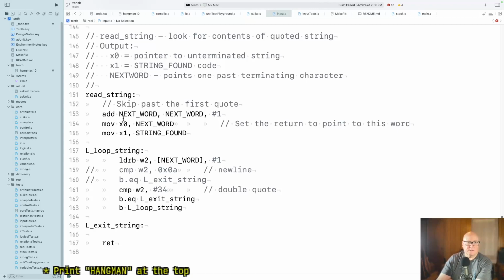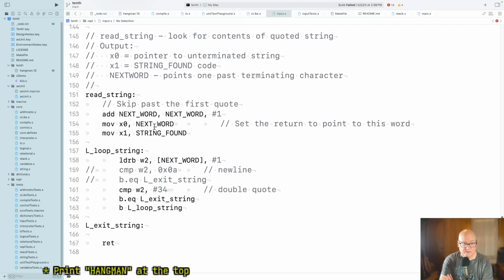All right, so we skip past the first quote. The result is going to be this word that we're on, the first character inside the quotes. And then X1 is string found, our constant for that. Okay, so we get the next byte,